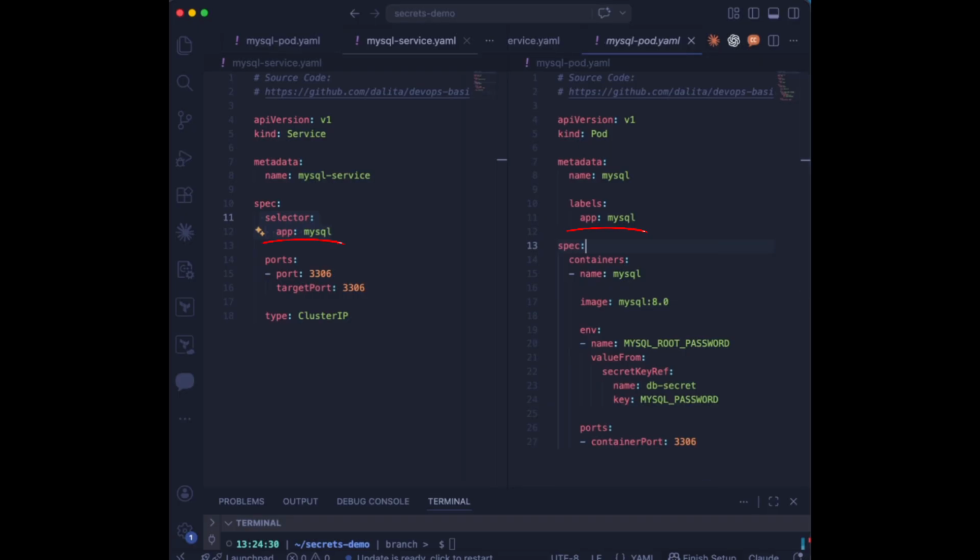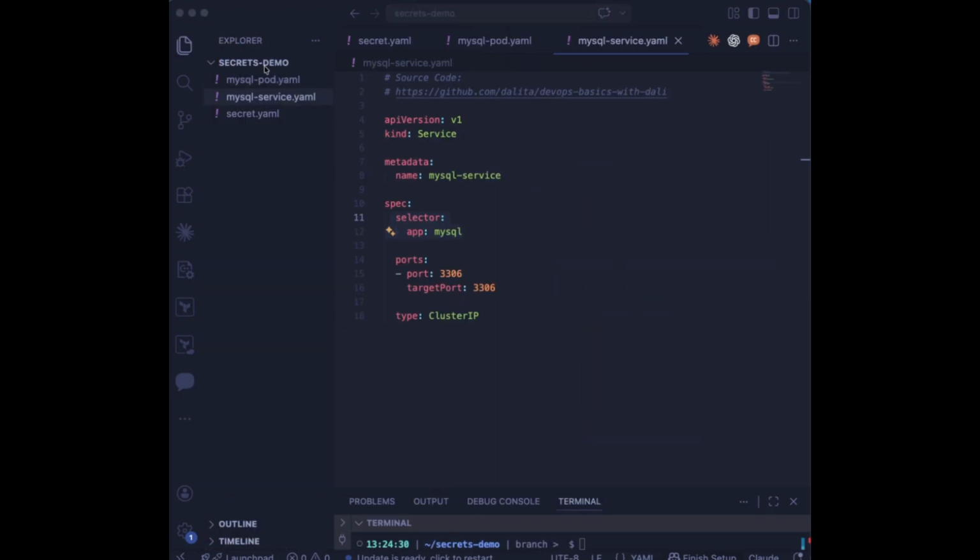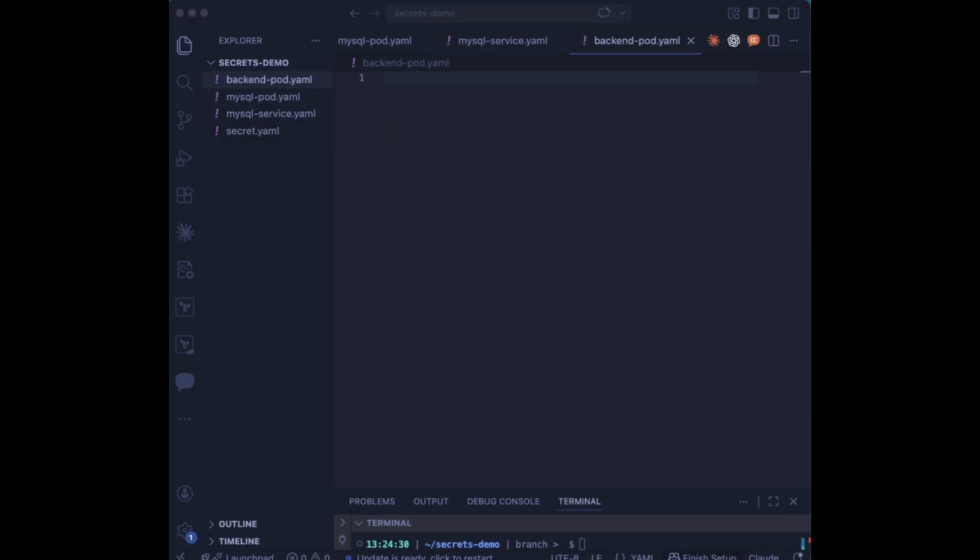From that point on, applications don't need to know the pod IP address. They simply connect to mysql-service, and Kubernetes takes care of routing the traffic to the correct pod. This becomes extremely important because pods are temporary and their IP addresses can change, while the service provides a stable endpoint for communication. Now that our database has a stable network identity inside the cluster, let's create a backend pod